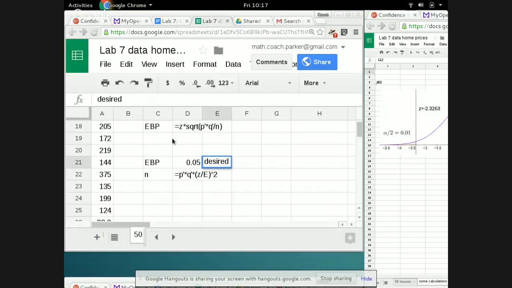Now, does that value of n guarantee we'll nail our desired margin of error? No, but it'll put us in the ballpark of it. It'll take us from 16 or 11% off to more like 5, 6, or 4% off is what will happen in that case. So your goal here is to take the data that we have